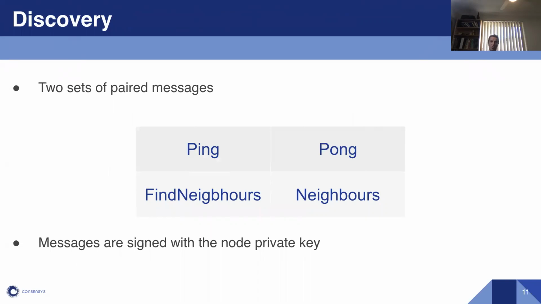So again, those two sets of paired messages that we've been talking about. The ping, which gives a Pong response back. You find neighbors, which you get back a list of the neighbors. There are a few things that are particular to Ethereum. One is that all messages are signed with the node private key, which starts to be interesting